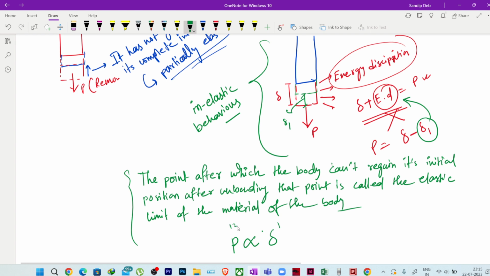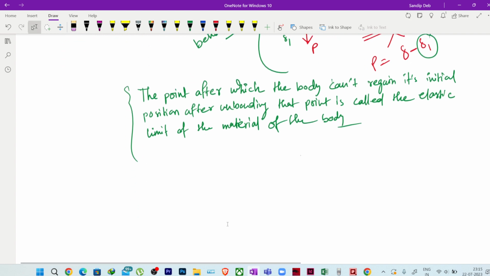You increase 2 units, elongation also increases 2 units, like this. Okay, so this particular thing, sorry, I am not getting the eraser. Okay, so this particular experiment has been done in different materials, and a similar kind of behavior is observed in